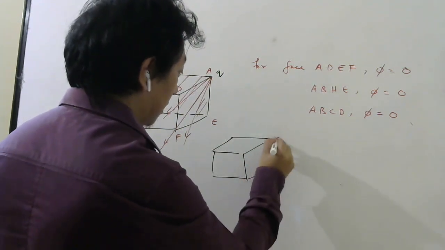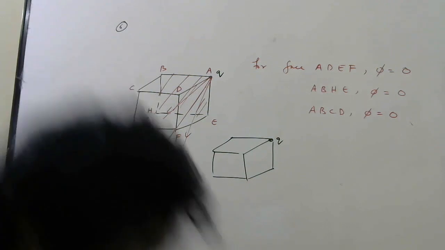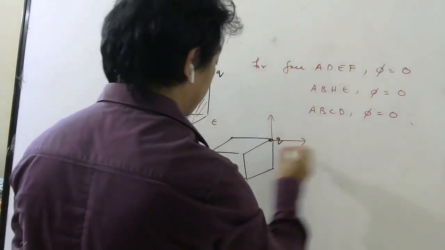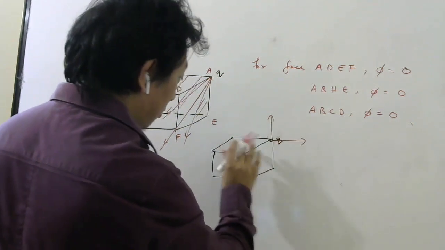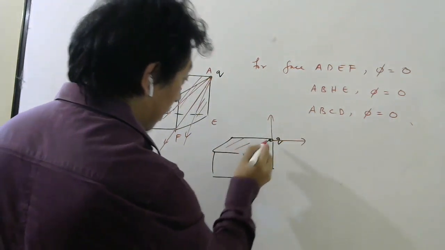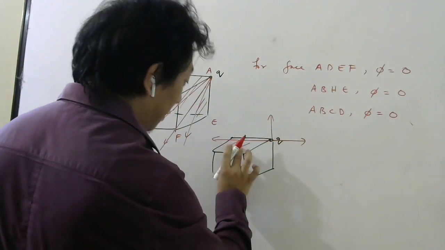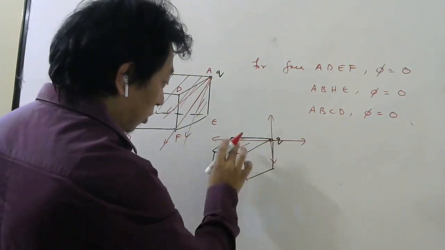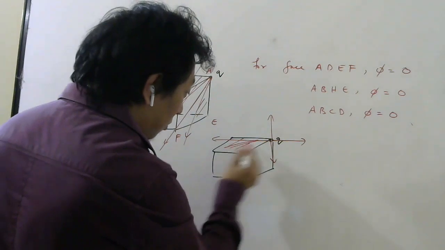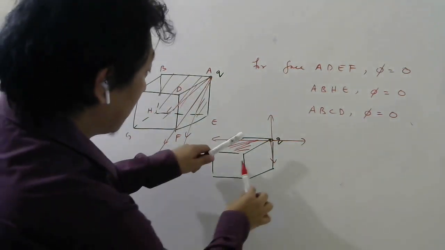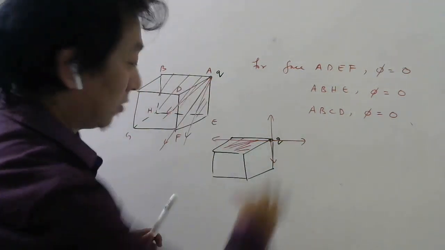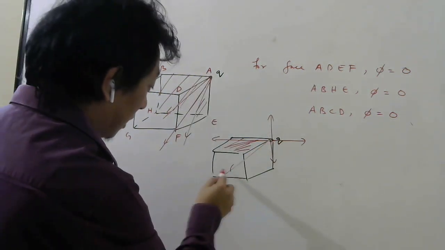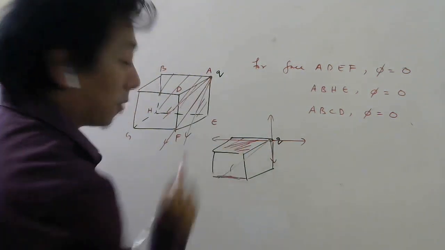I have a charge here. So if you draw electric field lines radially outwards, see, these two lines are not cutting this surface, and even if this line may be touching the surface, it is parallel to the surface. This line will not cut this. So this surface also will not have any electric field lines cutting, neither this way nor that way, right? These lines will come, see, it will cut this surface, but not this top surface.